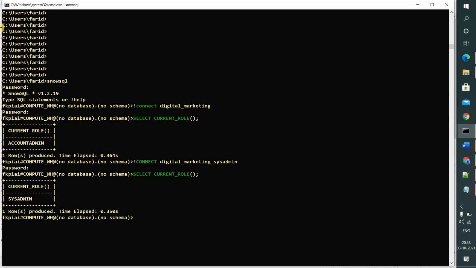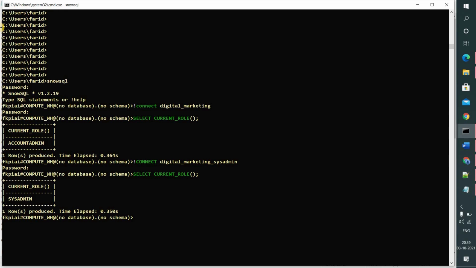Yes. So this is how, using configuration file, we can configure our login credentials. We can configure the account details and the usernames there. And since this is a YouTube video, I am not keeping the password there, but in real time, we will enter the password also, so that it will be easy for me to work with the SnowSQL.